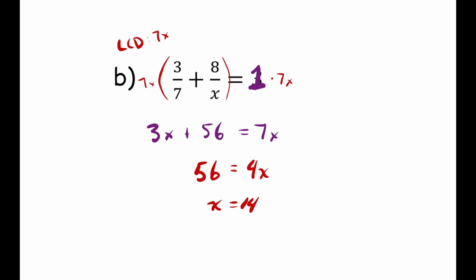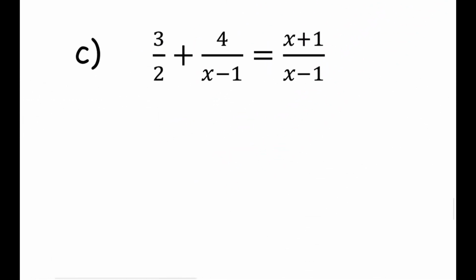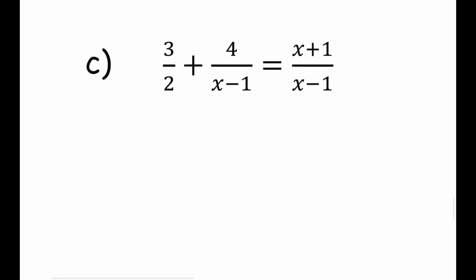All right, so we can see this is pretty simple as a technique goes when we have simple rational equations here. But let's take it up a notch, and suddenly we have some binomials mixed in, okay? So this is obviously going to be a little more complicated, but we can still do it. I believe in you. So least common denominator here, we're going to go 2 and then x minus 1. So multiplying everything by 2 times x minus 1, we're going to get 3x minus 1,